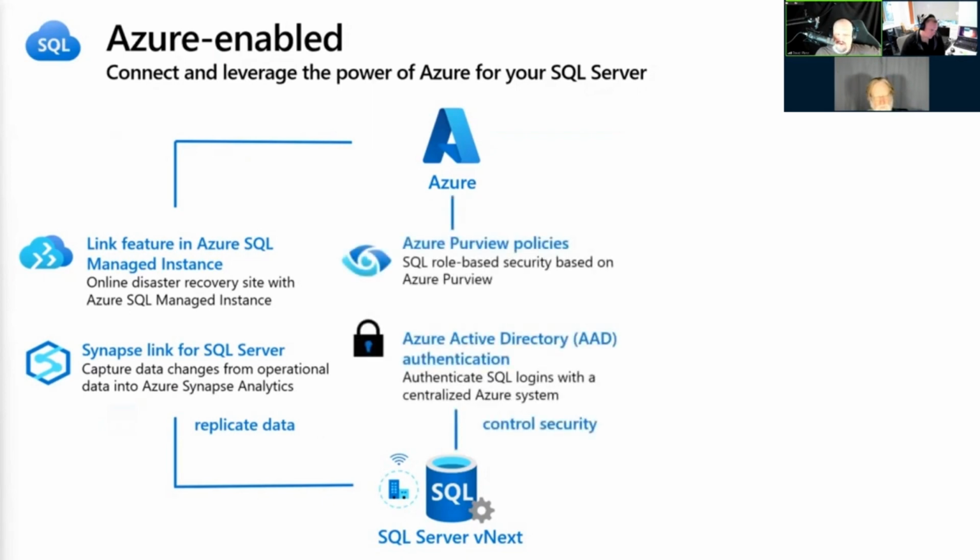So I'm going to talk a little bit about security. We're going to talk about it a tad here, and then we're going to talk about it more towards the end as well. Okay, Azure drives additional security insights and control. Azure Purview gives us the ability to push policies down to SQL Server in order to have better access control and improved management. You can automatically scan your on-prem SQL Server to capture metadata and further classify this data using built-in and custom classifiers. It uses Microsoft Information Protection as well to apply labels to sensitive data and additionally control specific access rights down to SQL Server.